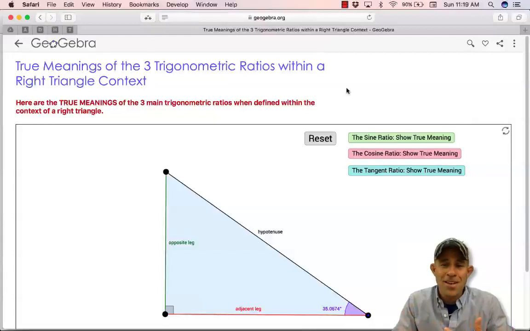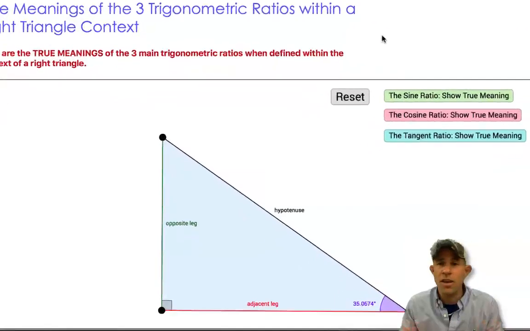Hey guys, welcome to Unit 10 and our exploration of trigonometry. Today we're going to start off by looking at the three trigonometric ratios. Now remember, a ratio is simply a comparison of two numbers. And when we take a trigonometric ratio, what we're looking at is the comparison of two sides of a right